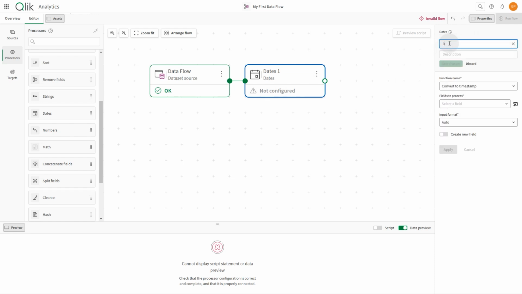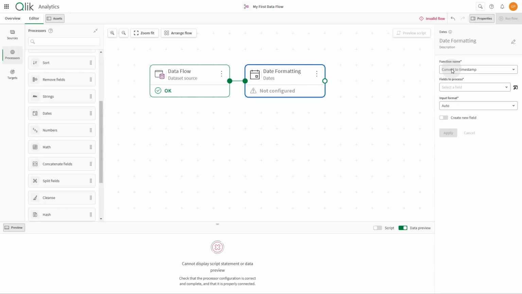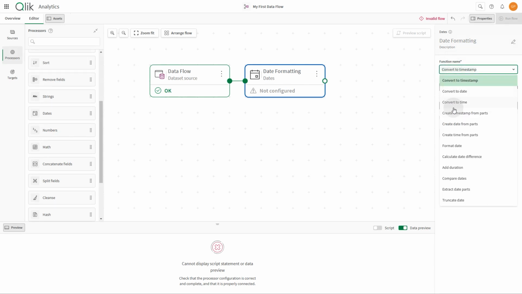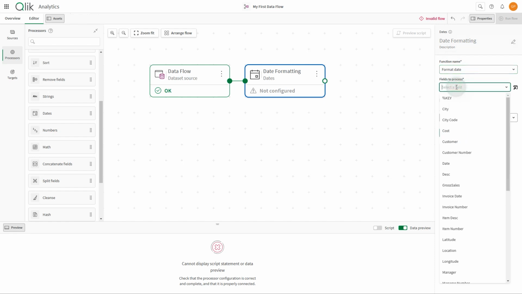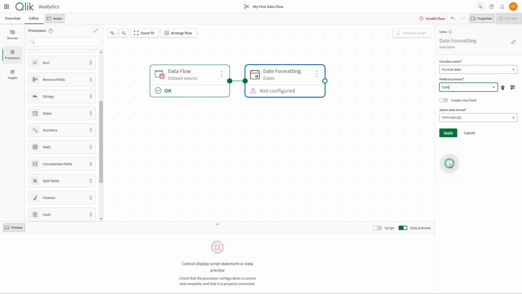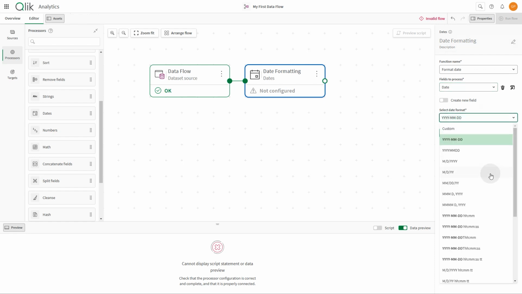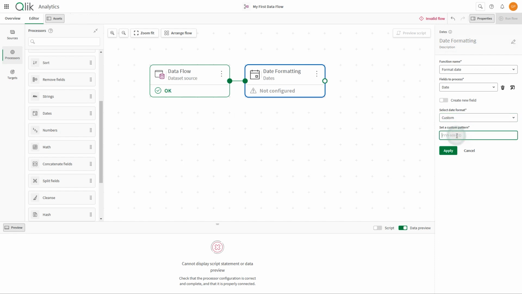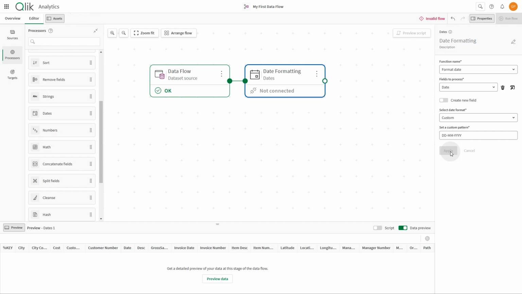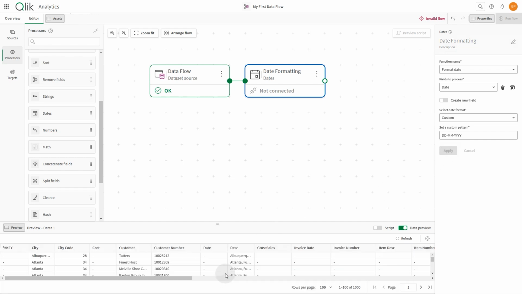The available functions and configuration parameters depend on each processor. In this case, in the Function Name dropdown, select Format Date. Then select the fields to process. In this case, select Date. Then select a format in the dropdown. You can also select the option Custom to set a custom pattern. When done, click Apply. Activate the Data Preview switch in the Preview panel to see the effects of a processor